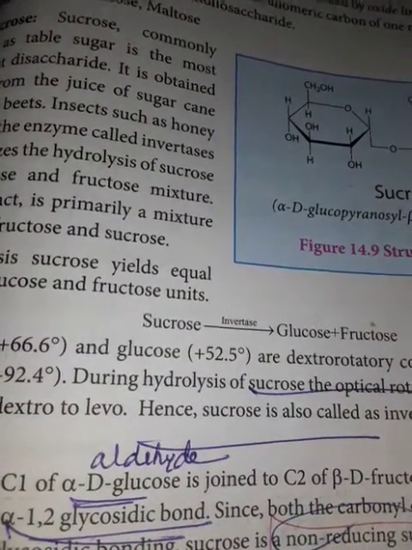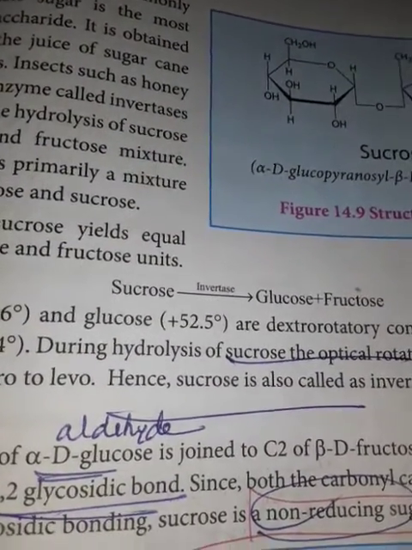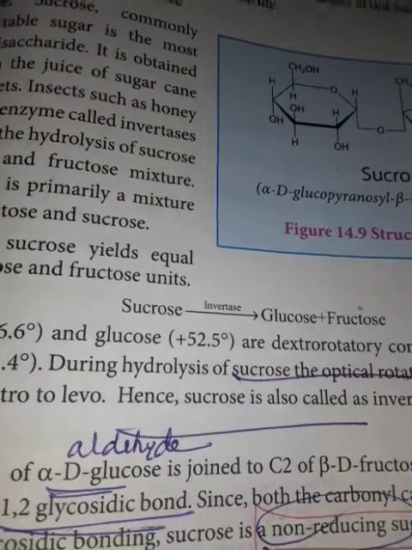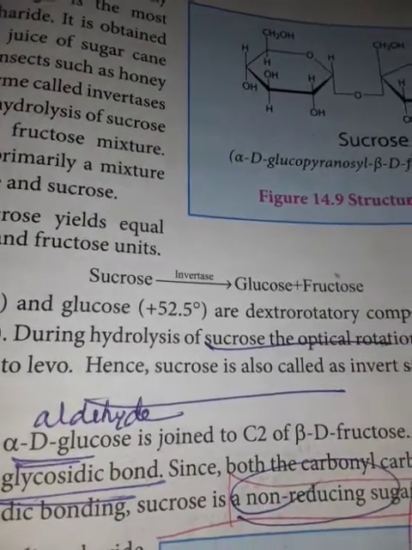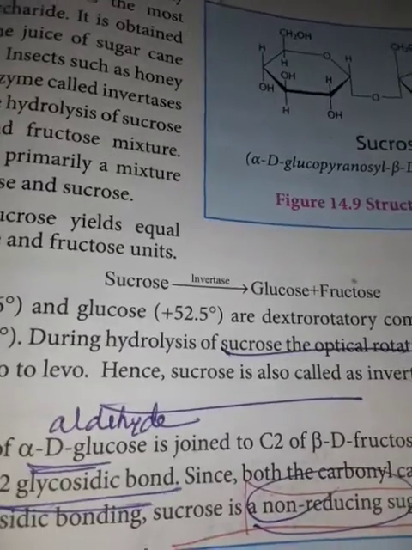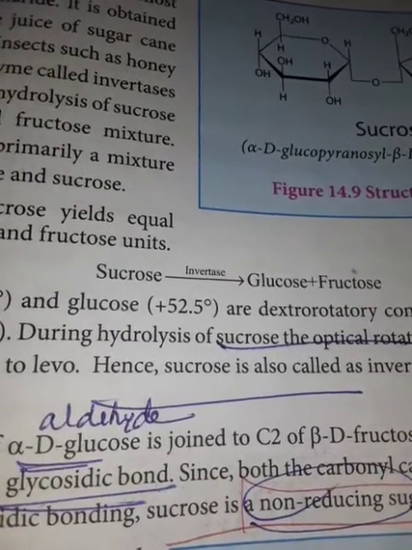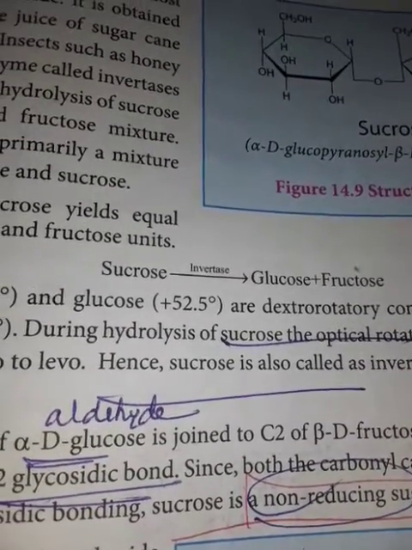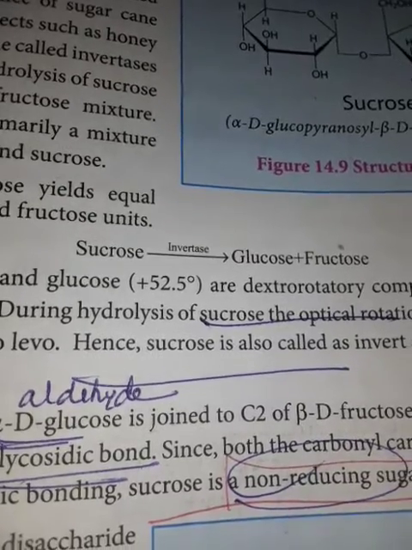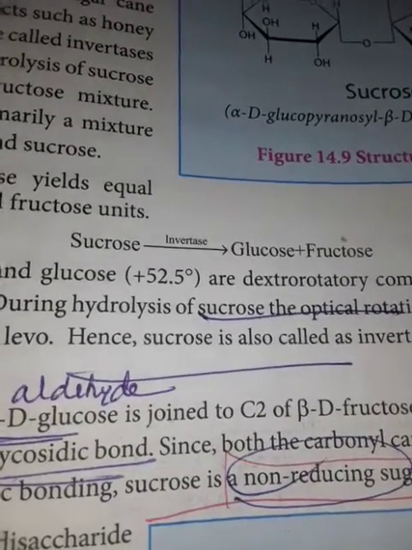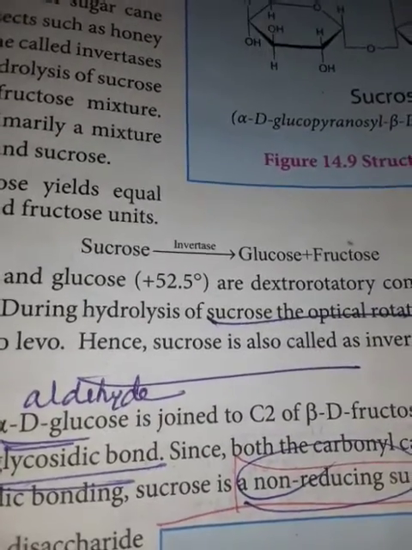Children, today we are going to learn about disaccharides. Disaccharides are also sugars but having two molecules of monosaccharides. They can yield two molecules of monosaccharides on hydrolysis. So they take the general formula